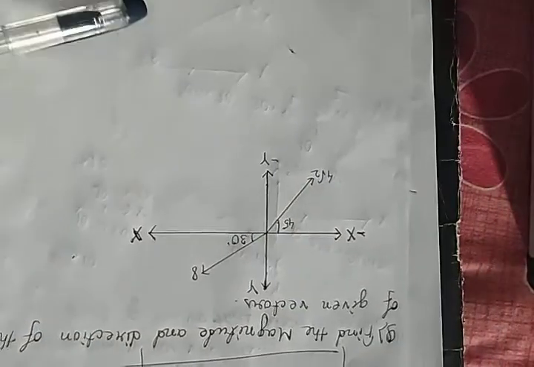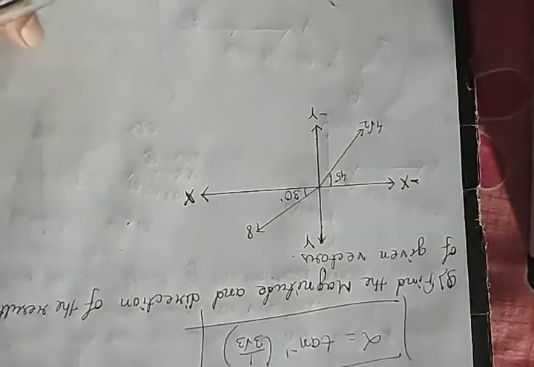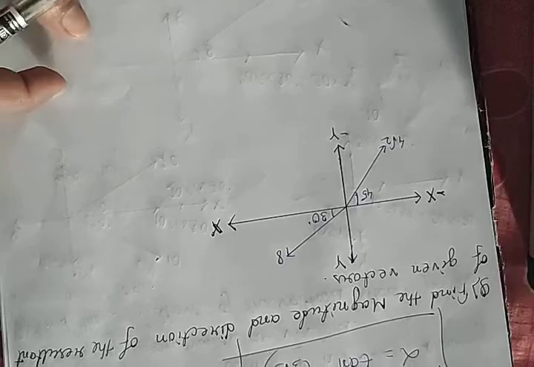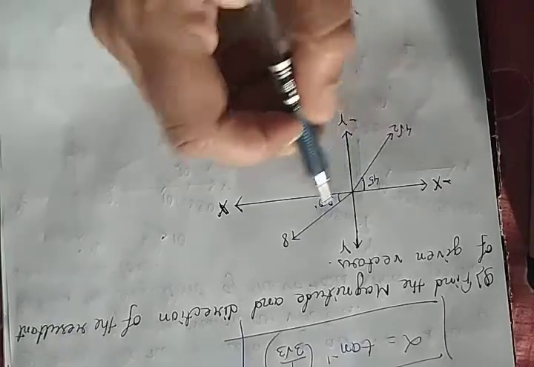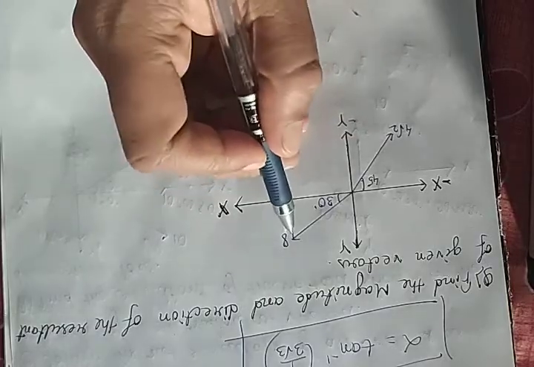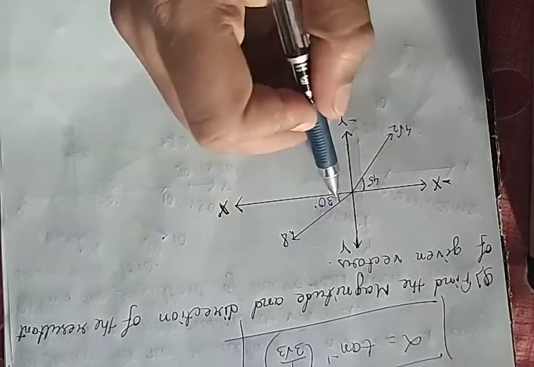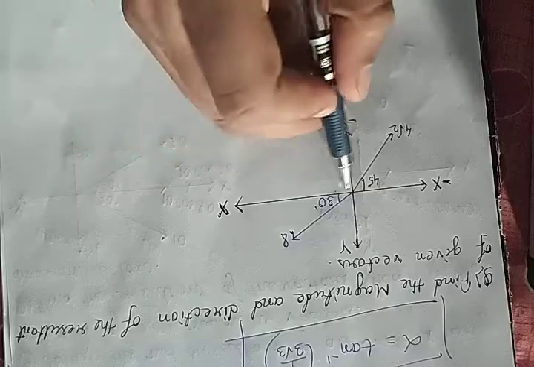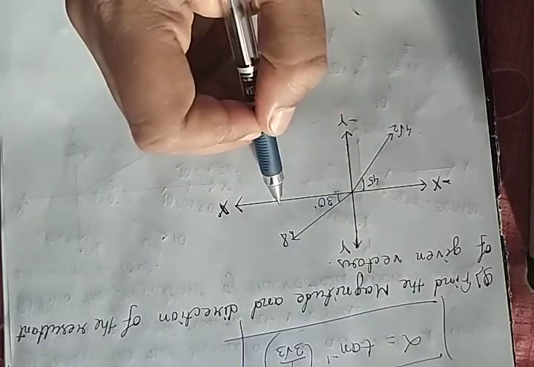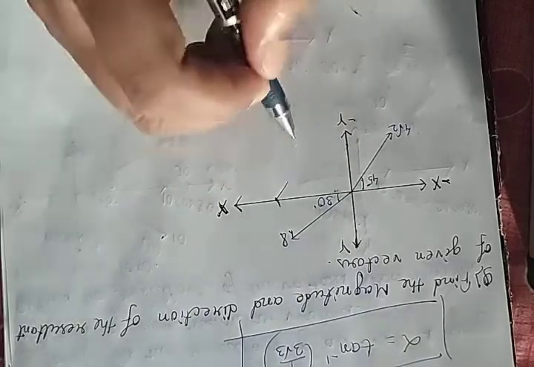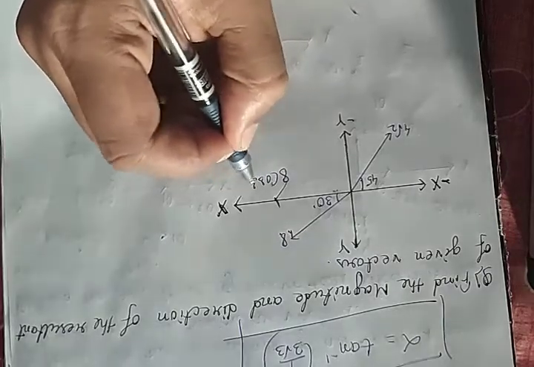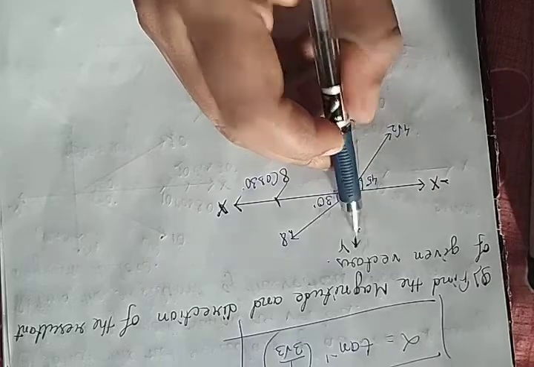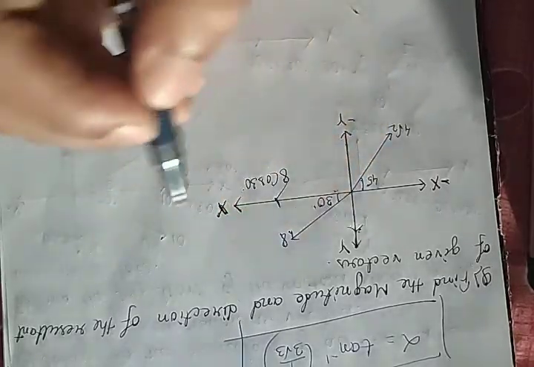Okay, one more question is given, the last problem of today's class. Again you have to add these vectors using the component form. You can directly see this is your vector 8. Its magnitude is 8 and it is making an angle of 30 degrees with the positive x-axis. So the component along the x-axis will be the cos component, 8 cos 30, and the component along the y-axis will be the sine component,